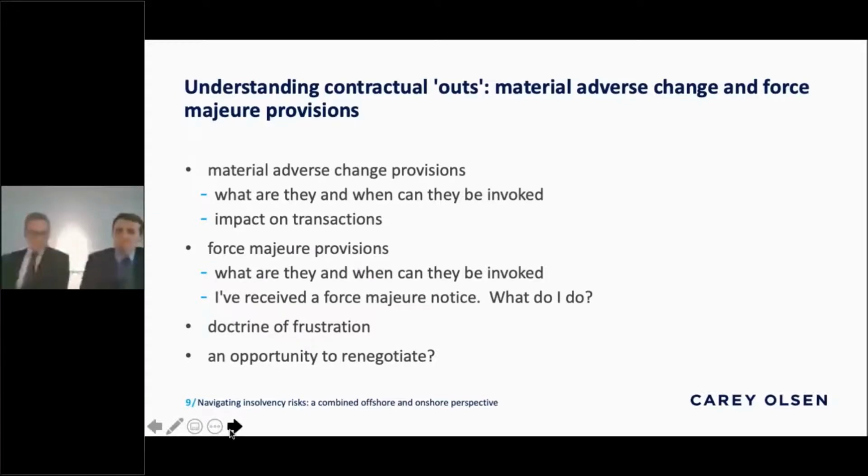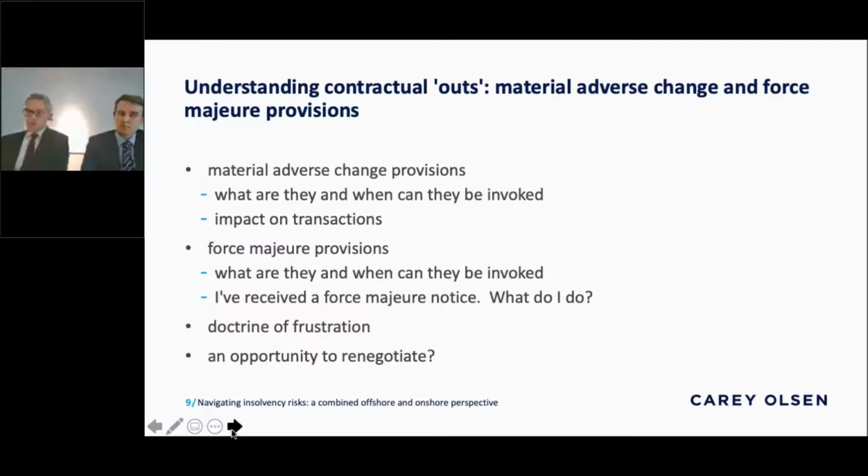So I have spoken over my time, as I mentioned, so I won't now touch on the defaulting limited partners section. I will hand over to Eloise to kick off her section to cover insolvency from the onshore perspective.